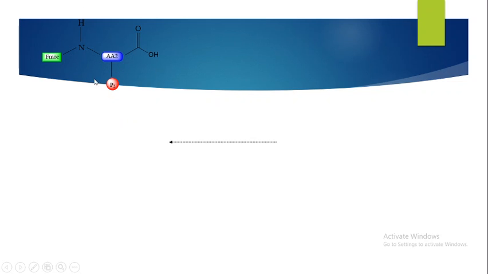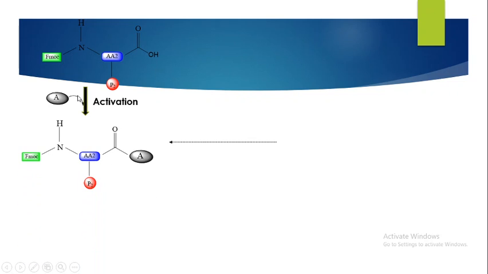This is the first amino acid in which the amine group is protected with the help of the FMOC protecting group and the carboxylic acid is free for the reaction, and it can be activated. In this amino acid, the group A is activated for this acid. Therefore, here we write the A except the carboxylic acid group,